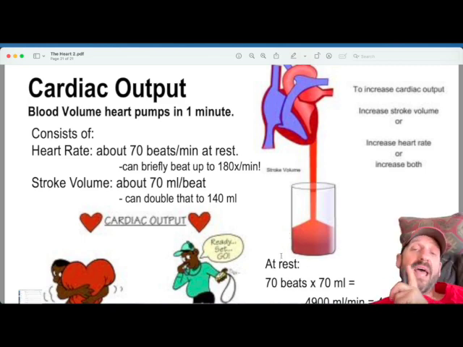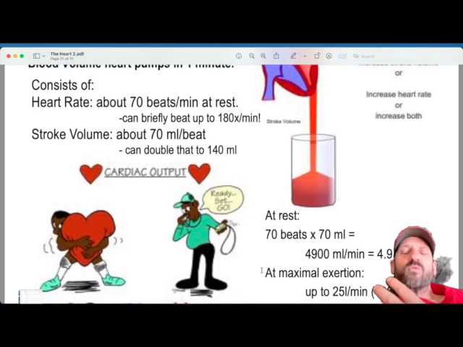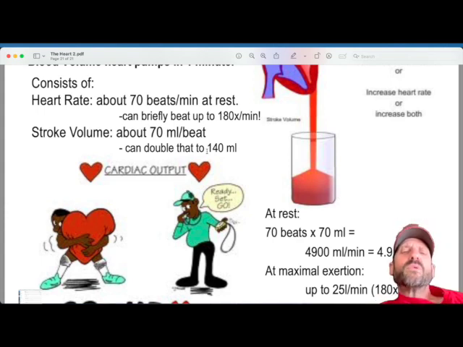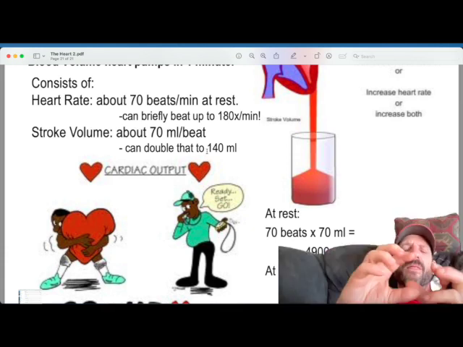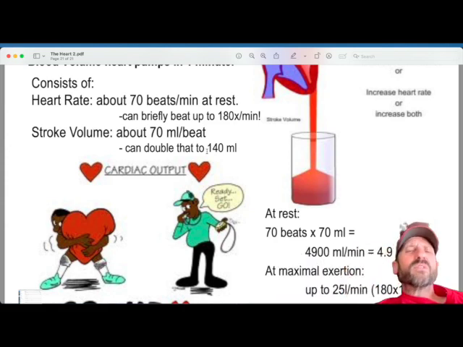And the coolest part about that is, look at this. Normal, sitting here, me talking, you listening, hopefully not sleeping. Sleeping is lower. The heart pumps about 70 beats per minute on average at rest, and about 70 milliliters per beat. What's a milliliter? A milliliter is a thousandth of a liter. So 70 milliliters is about a handful. Let's say it's about a handful of blood. It's not that much blood. A little bit less, a palmful.